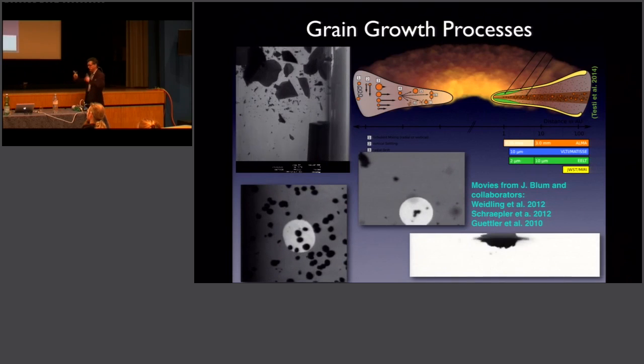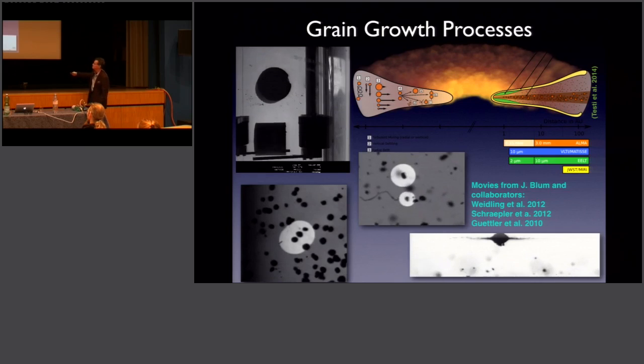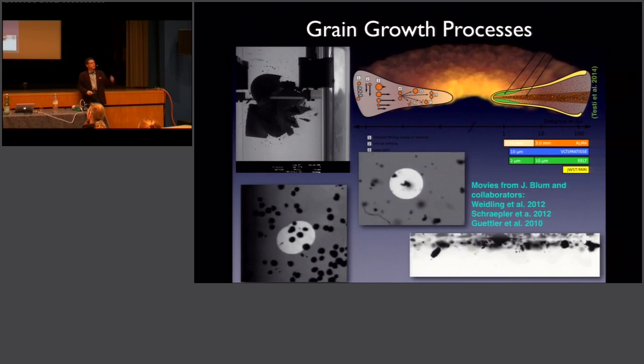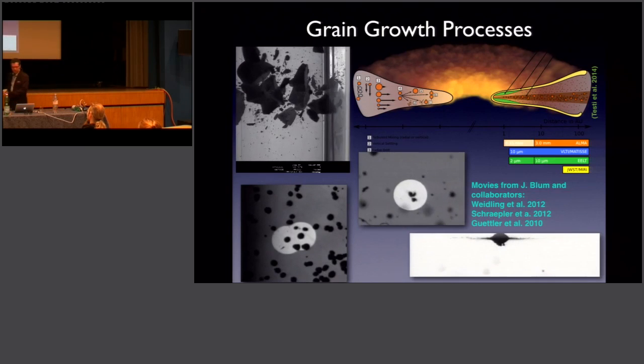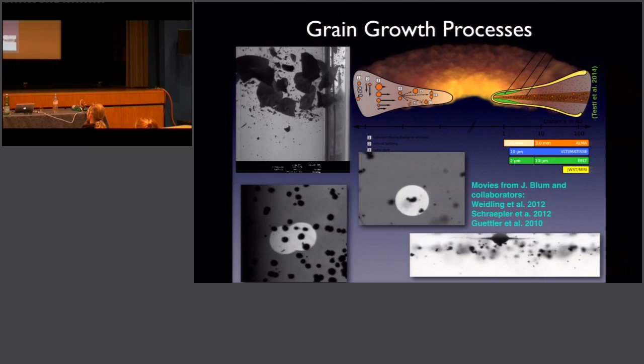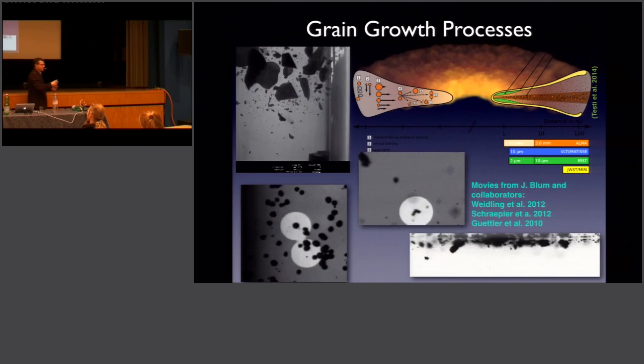And a grain that collides on a much bigger grain and deposits part of its mass onto the larger grain, okay? So all these processes have been observed in the laboratory, and the laboratory measurements are used inside the models